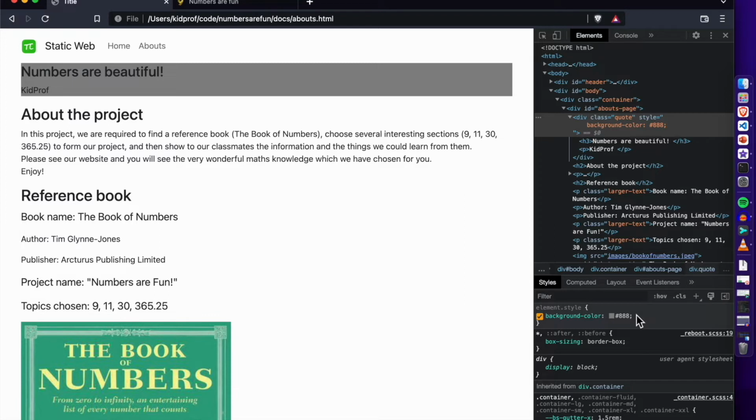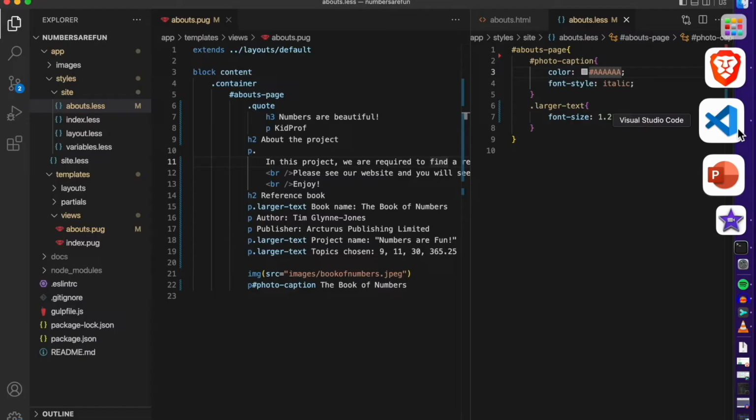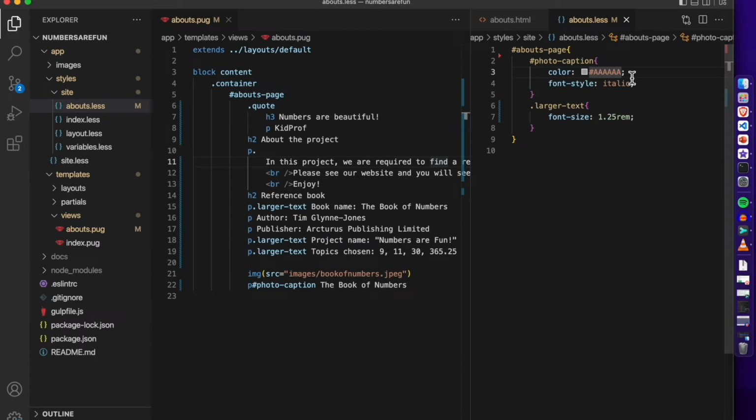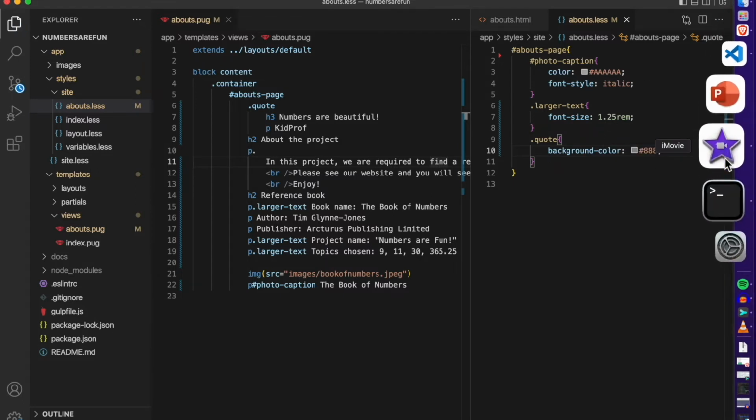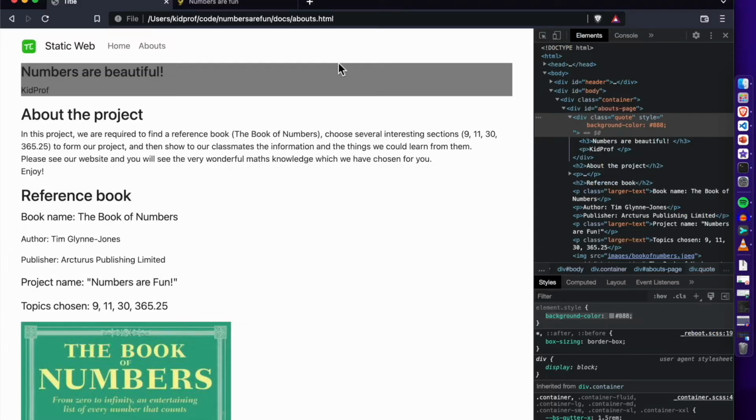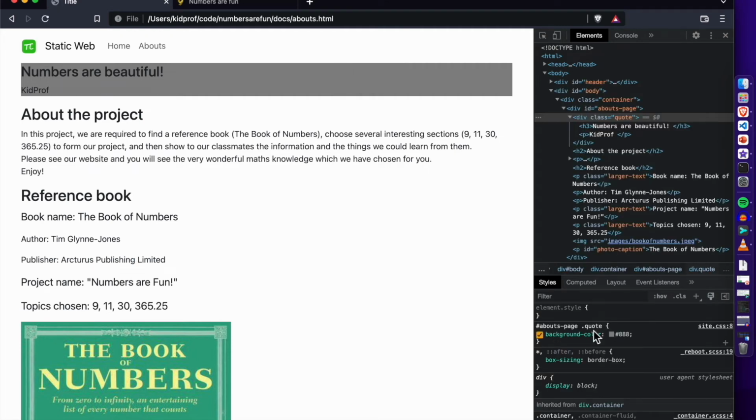And remember, if I click refresh right now, this style will be gone. So what I have to do is to copy that, and then open Visual Studio Code, and let's add the style to the last file permanently. So we'll add a style for the quote class. So we add .quote followed by curly braces, and then paste the background color. Hit save, and then after running npm run build, we refresh the page,